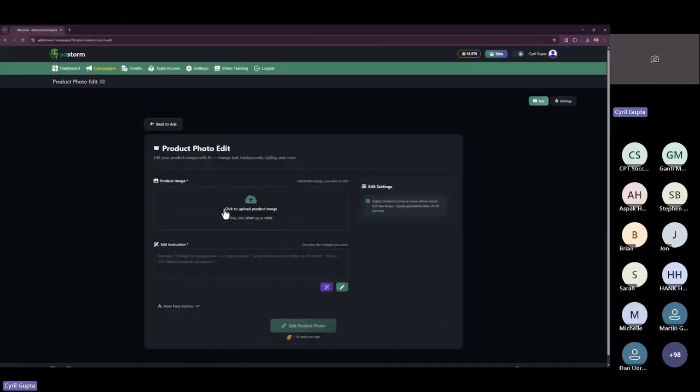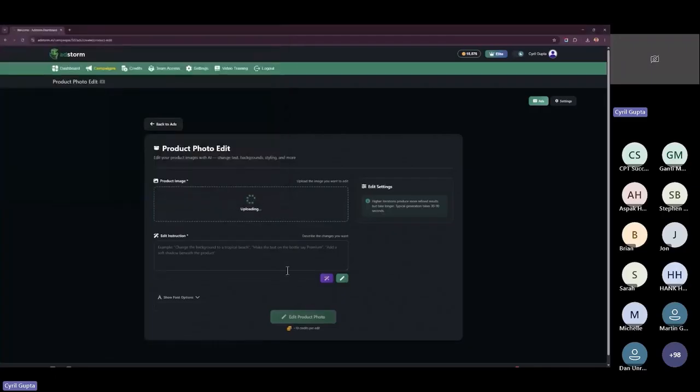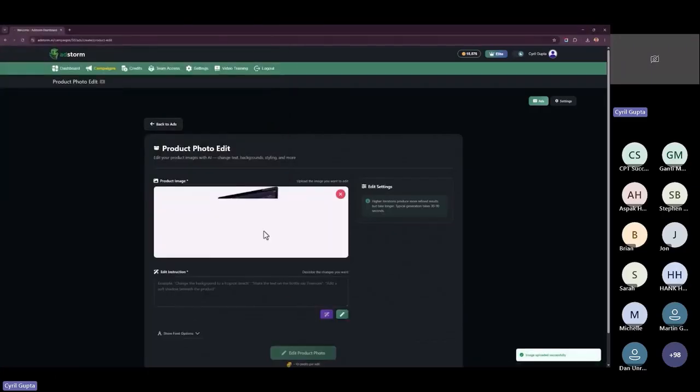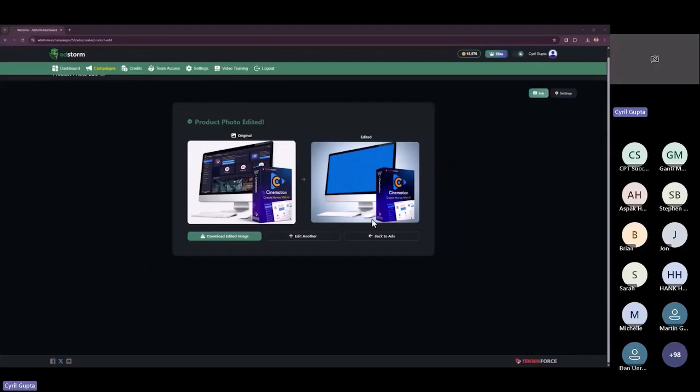You can also edit product photos with AI. So if you want, you can pick up a photograph, let's say for example this one, and you can give instructions to edit the product photo. This is a technical photo, could be a bit harder to edit, but let's try. Okay, so I was just given some basic instructions. And there we have it, exactly what I wanted. So you can of course make your own sensible edits based on the product that you've got. Let's go back to the ads.